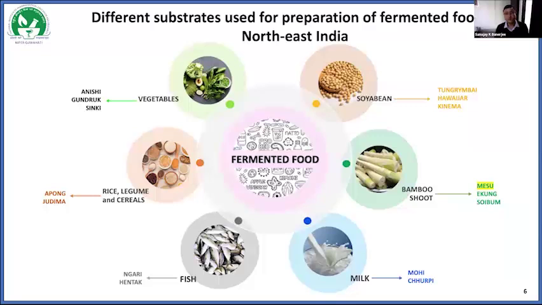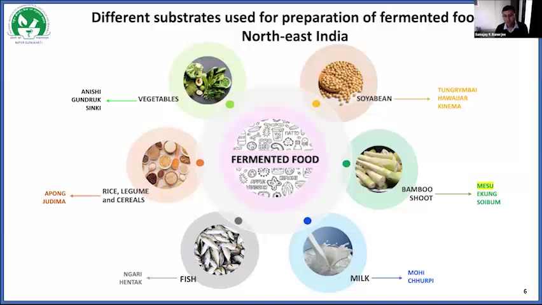If you look at what the most common fermented foods used in Northeast are, all 8 states start from soybean, which is used in different parts of the state with a different name. Then bamboo shoots, very important because this is a very special part of the Northeast. Then fermented milk, fermented fish, fermented rice beer, legumes and cereals, and different vegetables also they ferment and use. So this is a culture, and whoever comes here can see every local store sells this